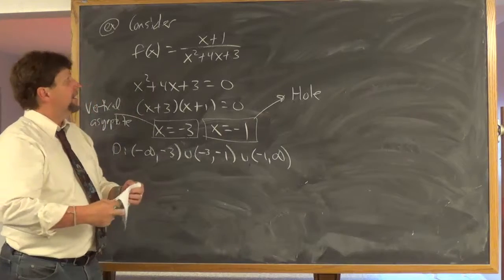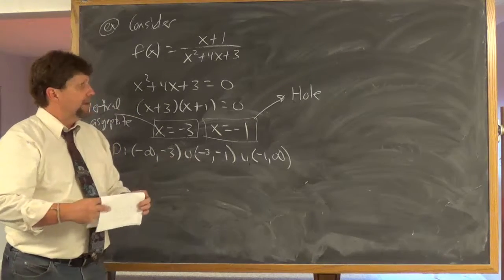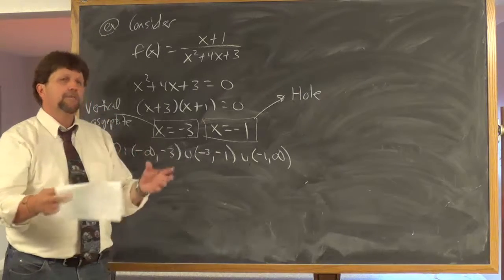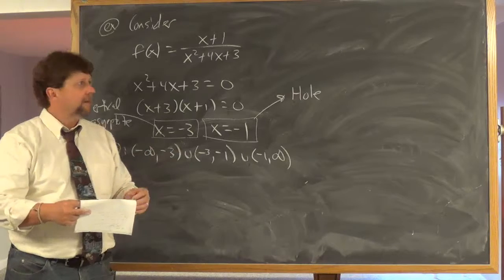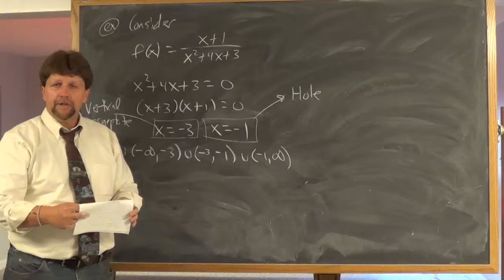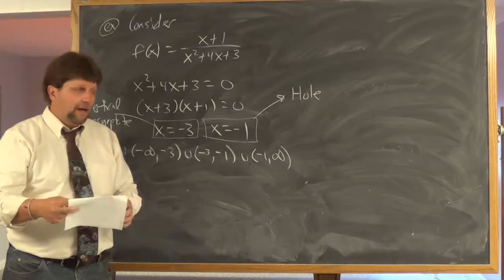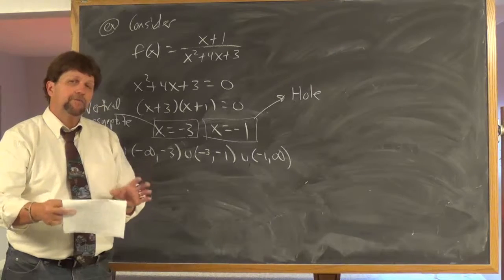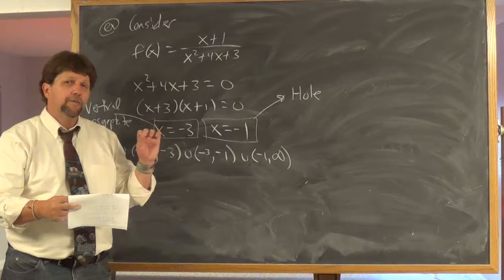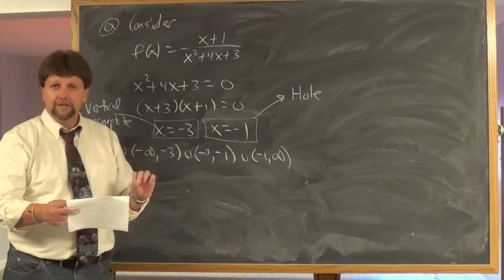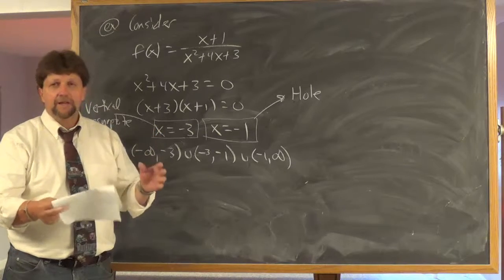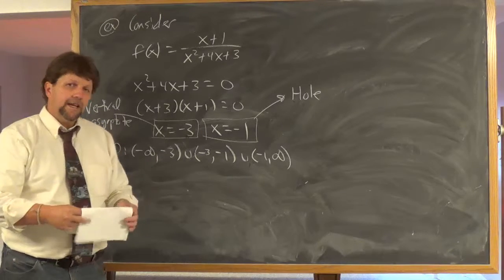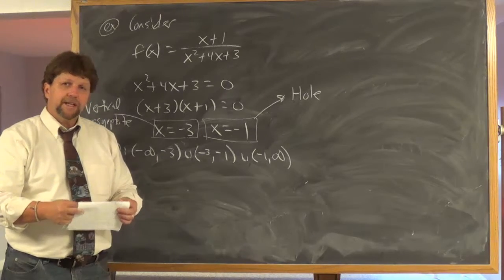Now that's where I'm going to end this. There's going to be something you're going to read about horizontal asymptotes, and then you're going to put it all together and make graphs. But I just wanted to hit some of the high points for rational functions. When you look at the horizontal asymptote material, keep in mind what's important there will be the degree of the numerator, comparing it to the degree of the denominator. And that will tell you a lot about horizontal asymptotes. But that's it. It's kind of the high points of what you're going to be studying this week